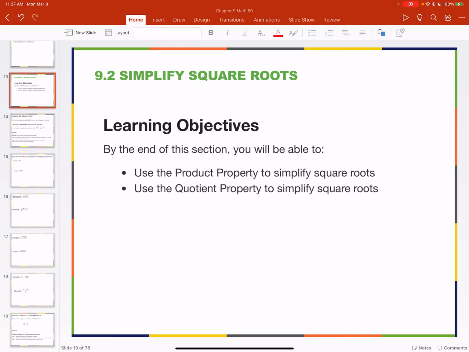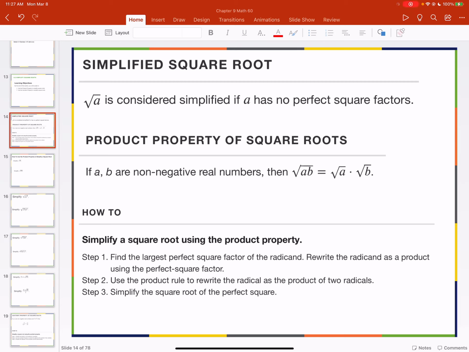Okay, so we're going to talk about product and quotient property. First of all, what's a simplified square root? How do we know that it's even simplified? Basically, a simplified square root is when there's no perfect square factors underneath the radical. Let's say, for example, you have here,